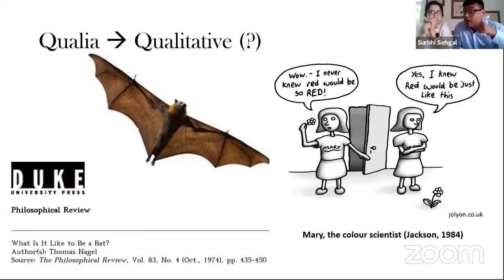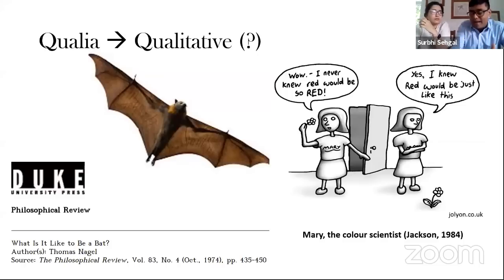We do not have direct access to those experiences. So the attainment of qualia in any form of qualitative inquiry is, again, something on which different people have different views. In my view, I personally believe that it is unattainable. So in my recommendation and my belief, qualitative research should begin with this